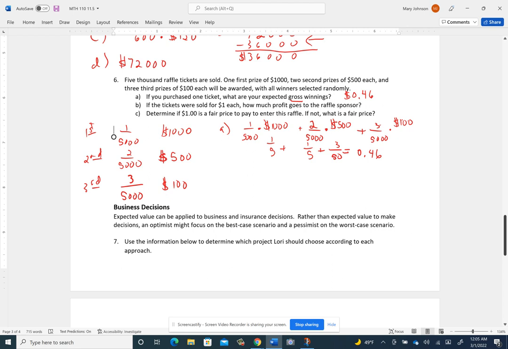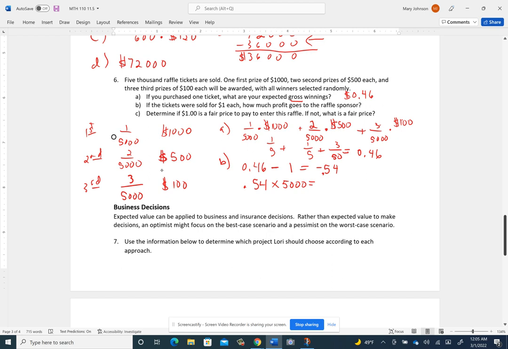$1 each, how much profit goes to the raffle sponsor? Okay, so let's think about that. So the expected value would be 46 cents. Okay, so your expected value is 46 cents, but you paid $1. So that would mean that you're paying 54 cents. You're owing 54 cents. So that 54 cents times those 5,000 raffle tickets means that they would be expected to